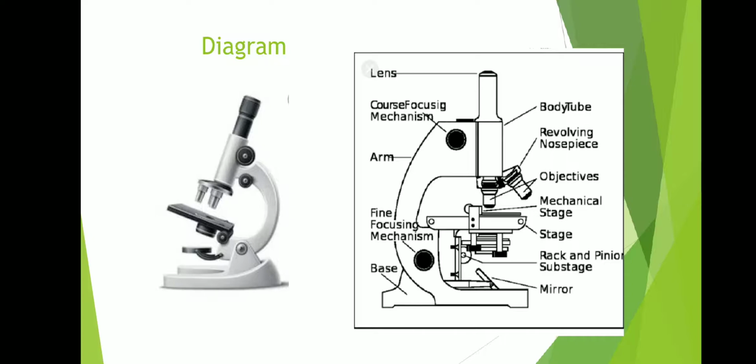Then these objectives are present. Below this, the stage is there, and this stage supports the slide which is to be examined. Above this foot, the mirror is present, which adjusts the light required for the observer. Above this mirror, the iris diaphragm is present. This iris diaphragm has leaves. This maintains the intensity of the light which is passing from the mirror to the condenser. The condenser is present above the mirror,